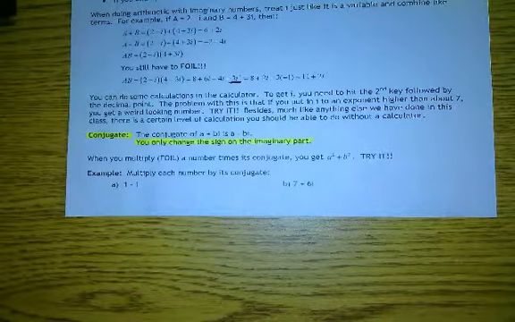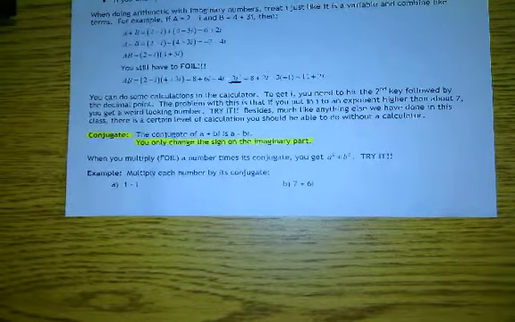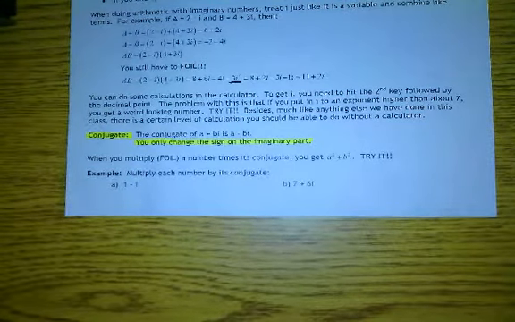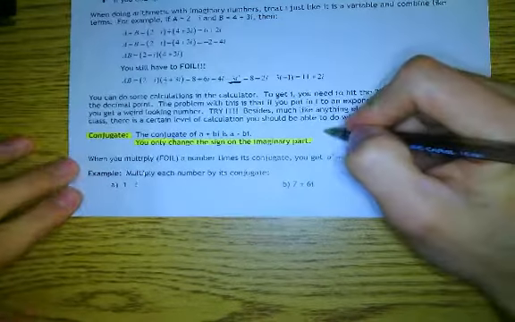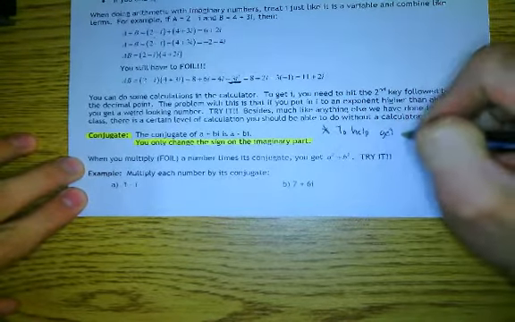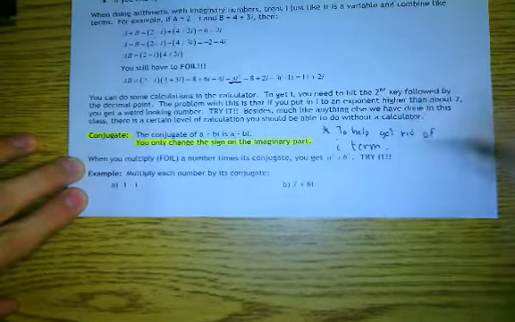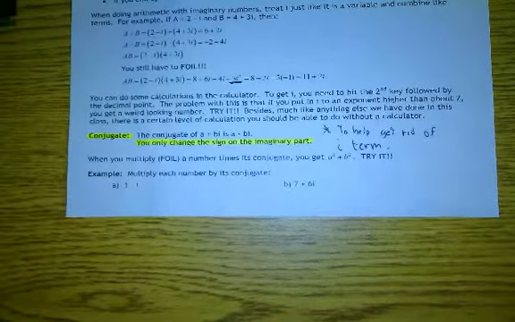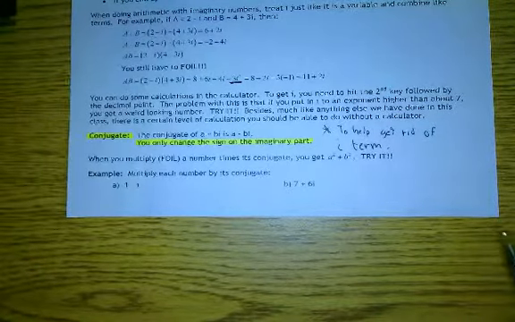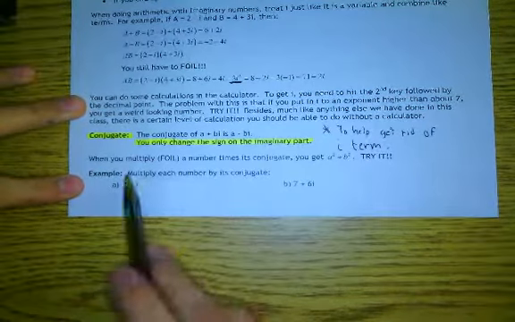It can get rid of what? The I. Okay? It can get rid of the actual imaginary part of it and just make it real. So the whole purpose of the conjugate is to help get rid of the I term. When you multiply the conjugates, every single time you will get, notice for example, if I take the